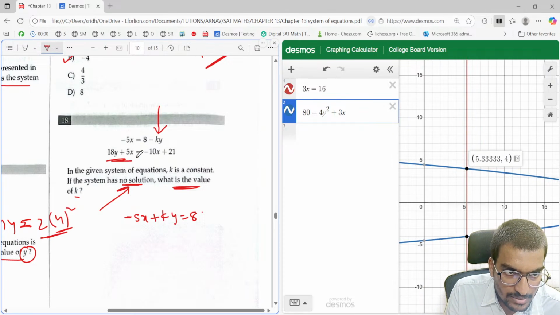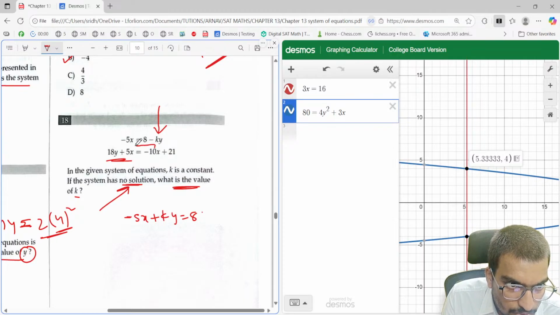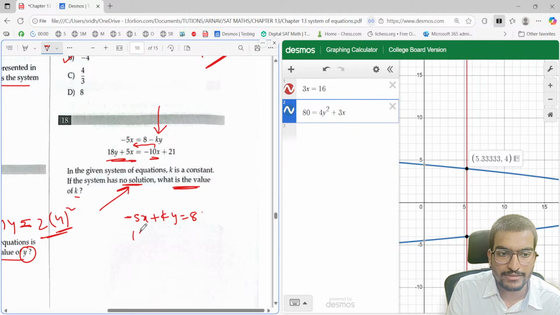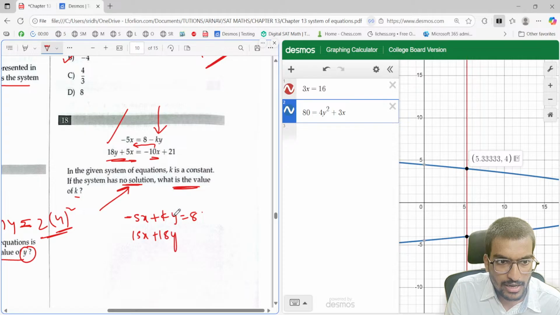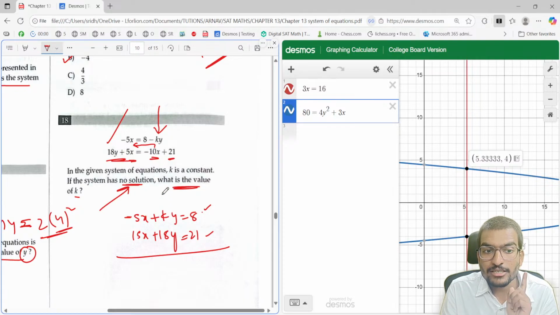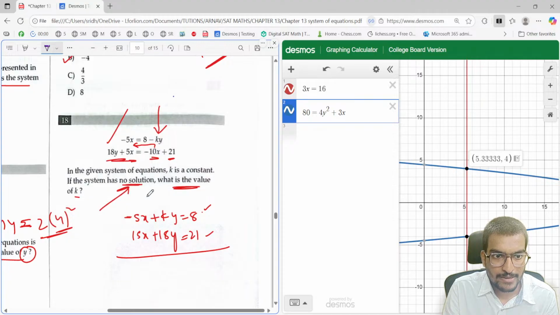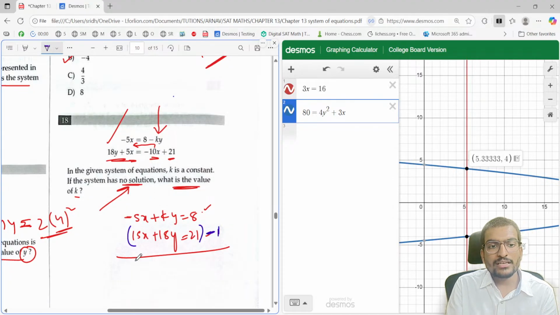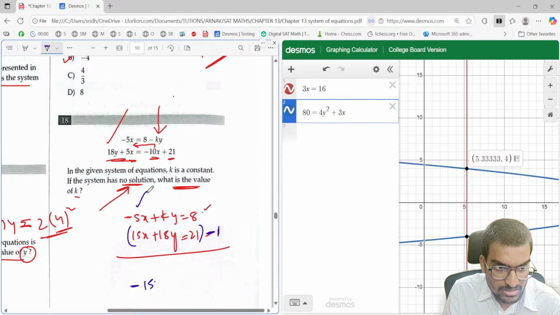So let's make it proper. If you send this 10x to the other side, that's going to be 10x plus 5x, 15x. Okay, and then already 18y, and then this is positive 21. Let's keep it as it is. Constants different. X terms must match, but they are not matching. What I do, I multiply this with -1. If I do that, then my second equation... sorry, I thought this is 15. No,